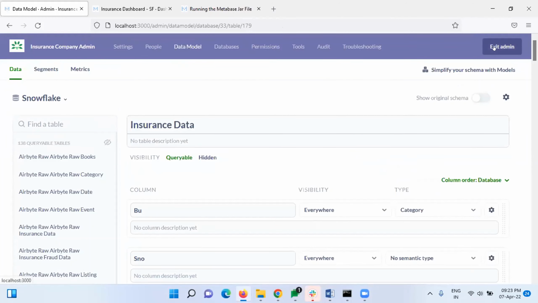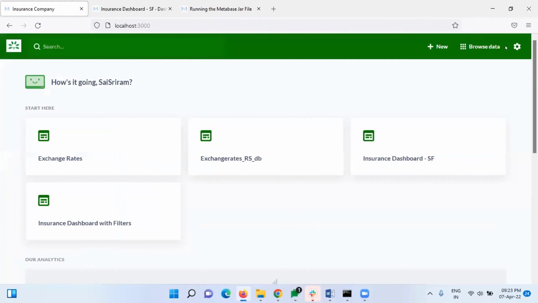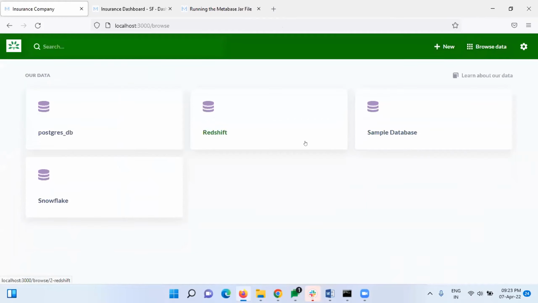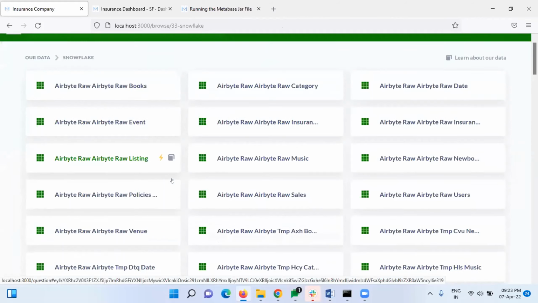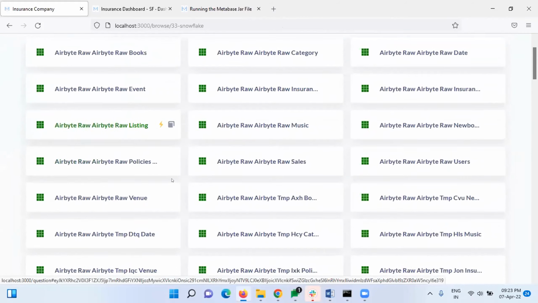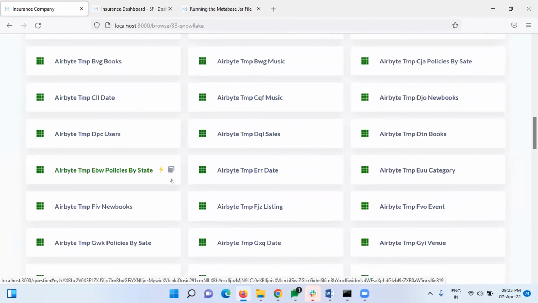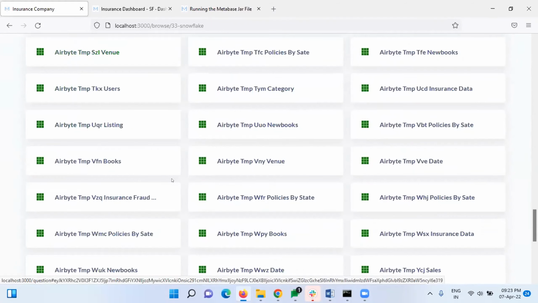Let's see how we can create dashboards in Metabase. For example, here we can browse the data, see what DBs we have, and then see the tables. These are all the tables which we have in our Snowflake DB, but we are interested in our instance DB table,